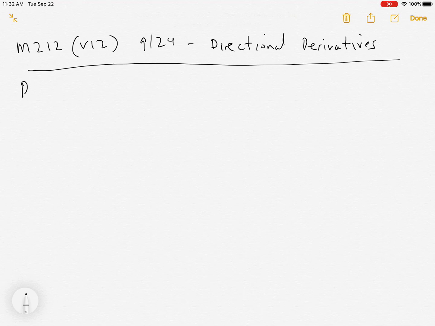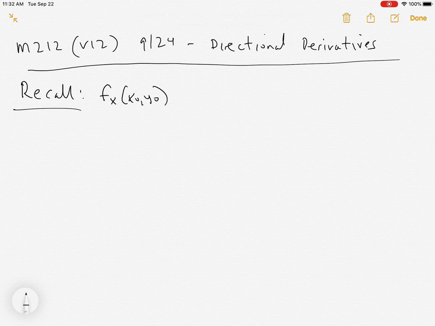Okay, let's recall. Today we're going to talk about directional derivatives. Before we do that, though, I want to talk about partial derivatives, which are, you'll see in a minute, very clearly related. So we'll recall here that if you take the x partial of some function